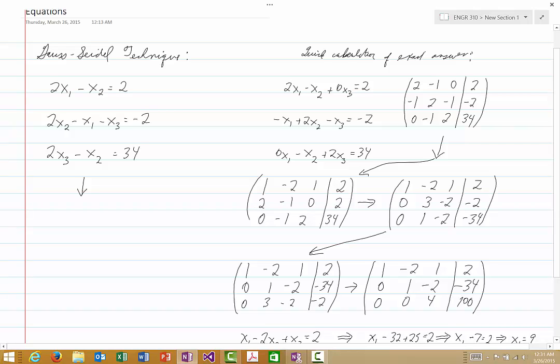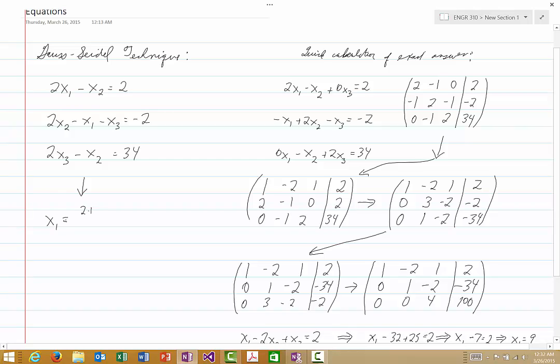Well, what we do is take the system of equations we're given, and we look at the diagonal term in each equation, and we're going to solve for that in terms of the other variables. So for instance, in the first equation, the diagonal term is x1, in the second equation it's x2, and in the third equation it's x3. So if we solve for those variables in terms of the others, what we'll get is the following. The first equation becomes x1 is equal to